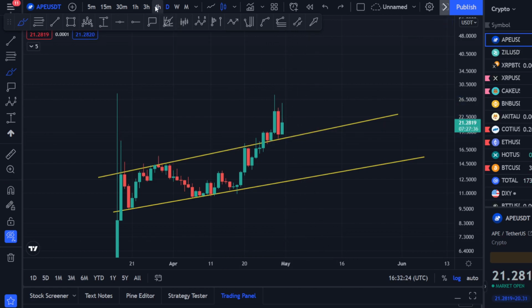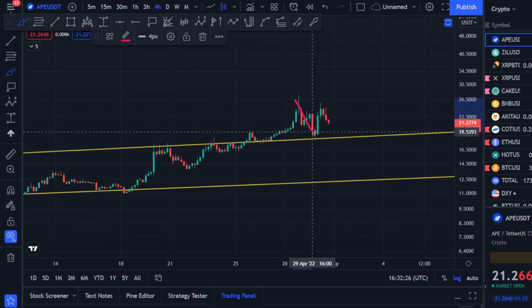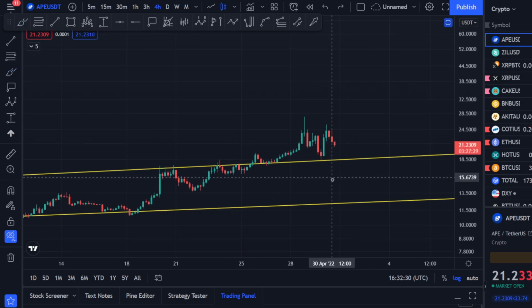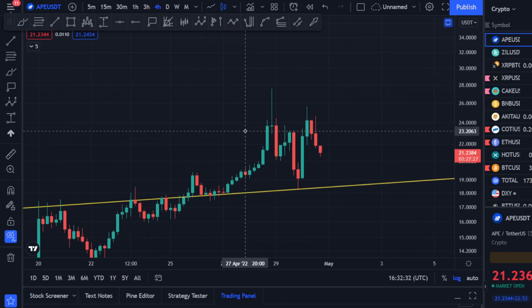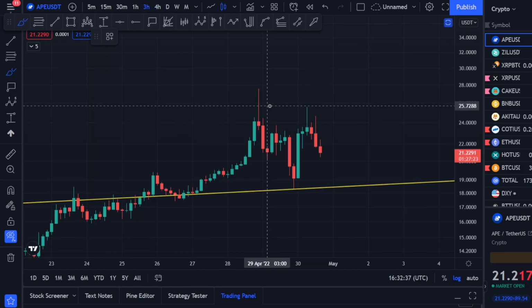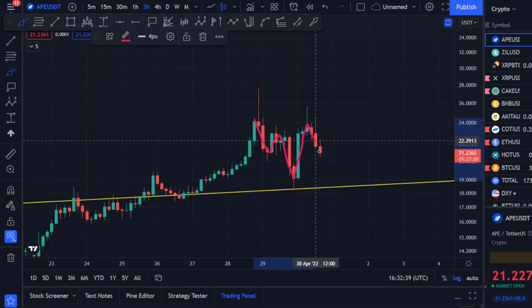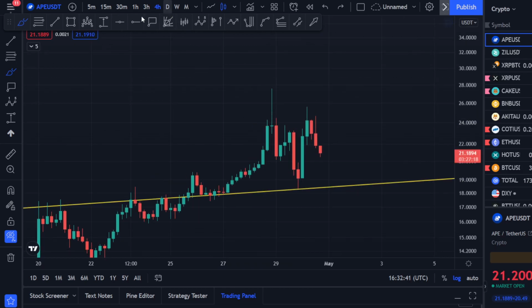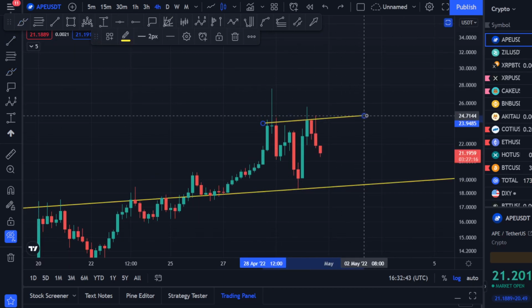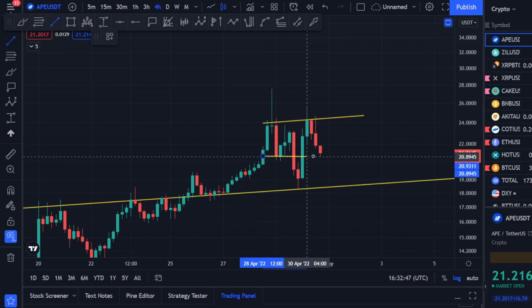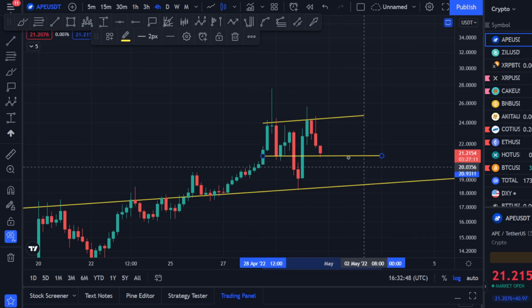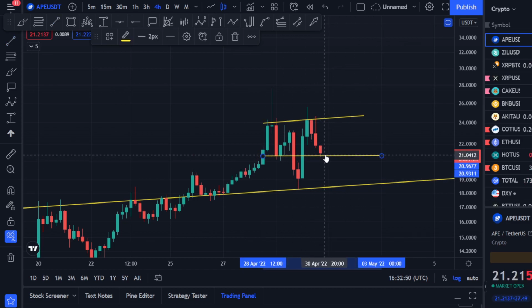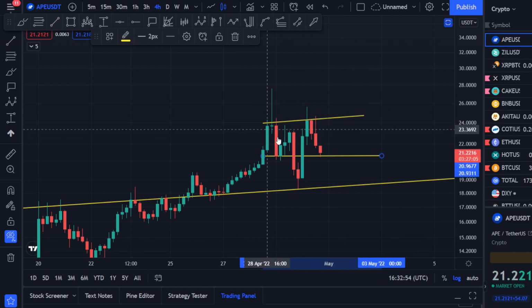Now if you go to the 4 hourly time frame, you can see this is where the previous support was, where the head formation came into being. Now if we can hold this pattern, let's go to the 3 hourly actually, this head and shoulder pattern, where this is the neckline, this is the support line. So if we can hold this $21 level